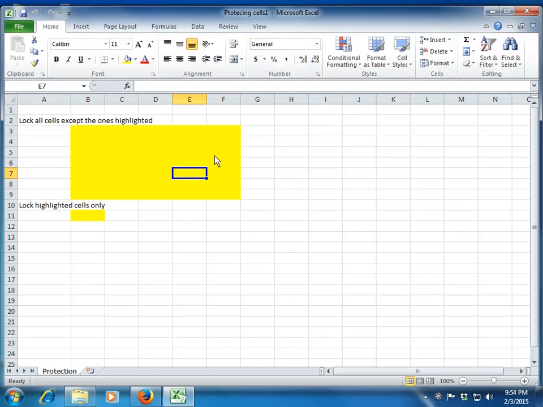So this is what Mark as Final does. It will display to the user of the file that the author has marked it as the final version. So do you still want to make edits to it? If you are sure that the other person has marked it as final, you might not want to make any changes to it. So this is what we have in the protecting cells and protecting workbook feature.